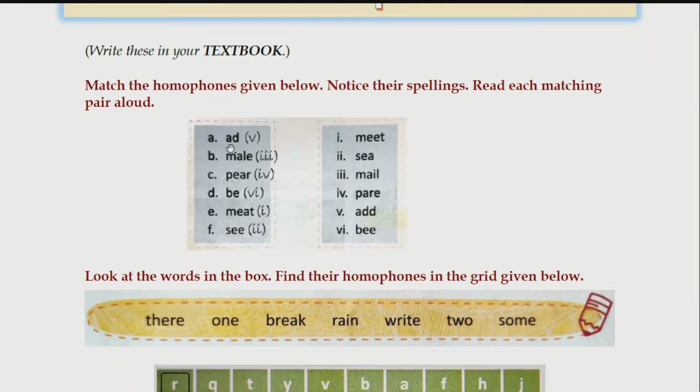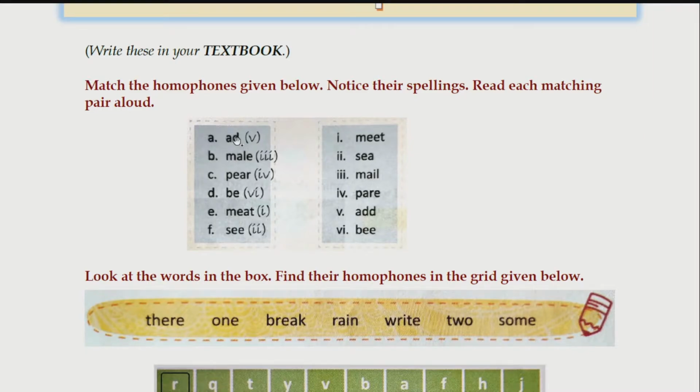The first one, AD, and it is matching with fifth one, that is ADD. Now you can notice that both of these words have two different spellings. Spellings means all the letters that are used to form the word. In the first word we have AD. And you already know ad means advertisement. In Hindi it is also known as ishtihar. The things that come on the TV after a particular serial, where they sell their products, where they give the details about their products, that is known as an ad.